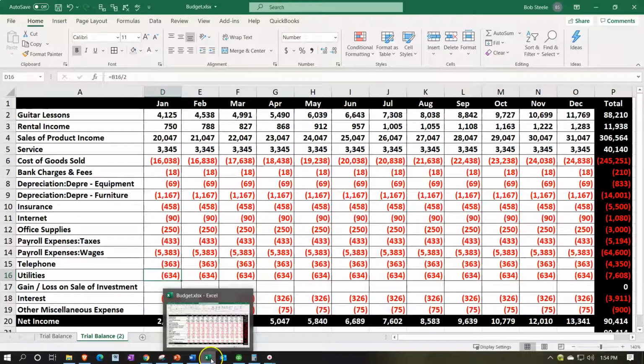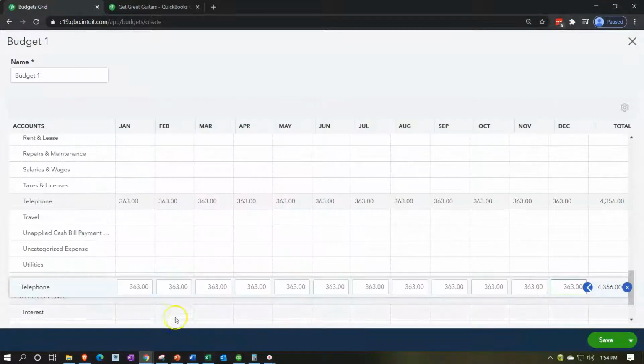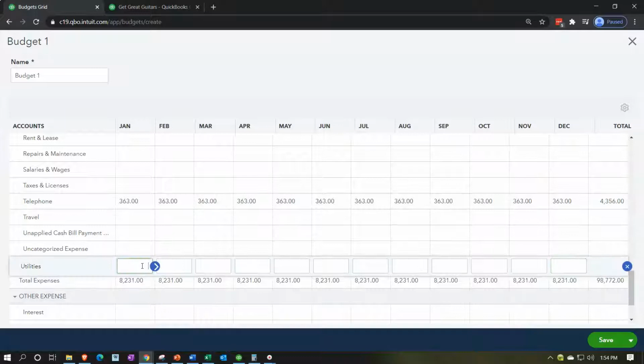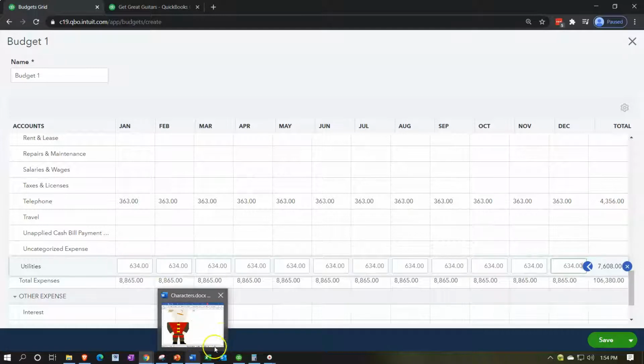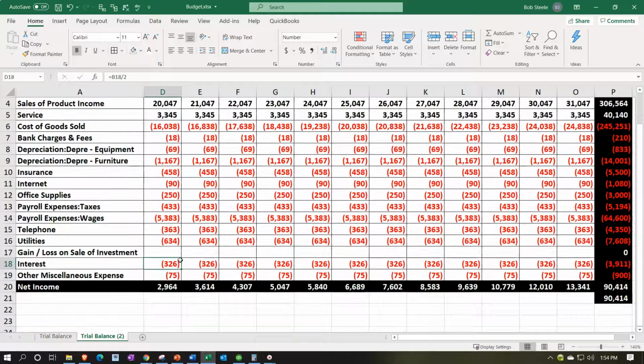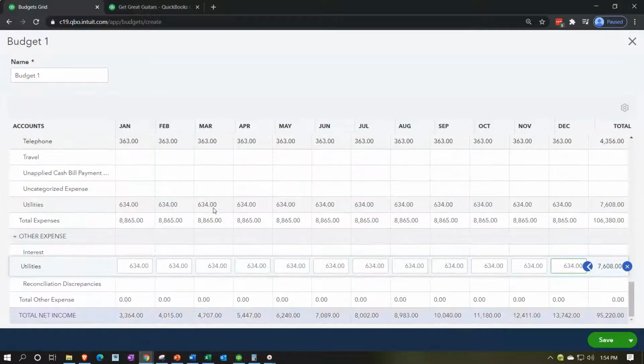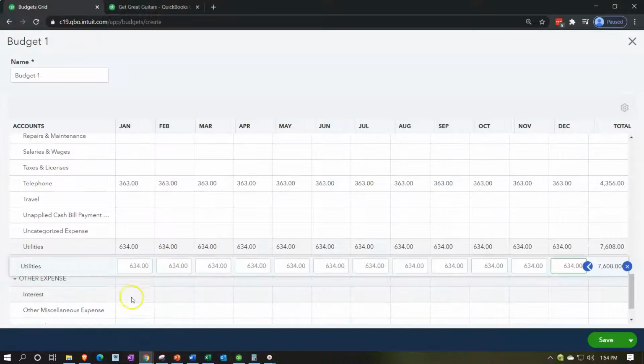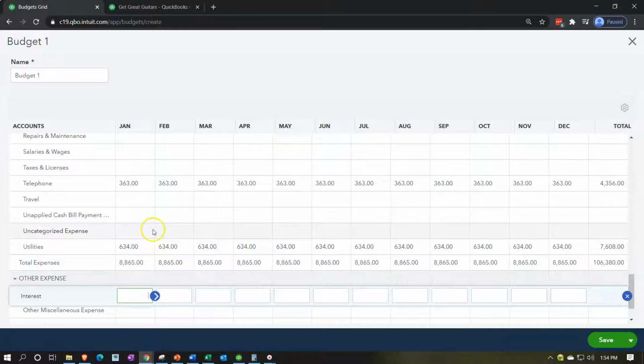Utilities are a little bit more burdensome. 634 for the utilities. So here's the utilities, 634. Copy it across. And then the next one we got is the interest, the 326. This is going to be in the other items, the other category. So interest down here, and that's going to be the